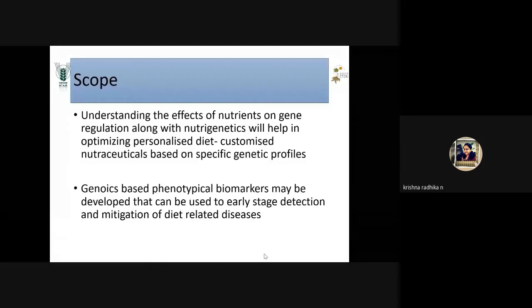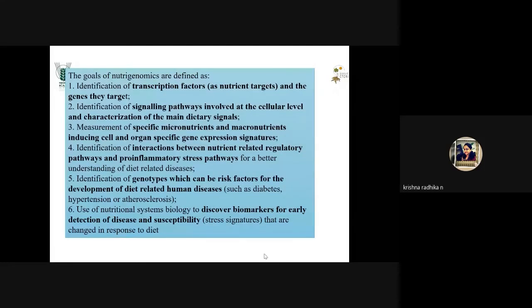And the scope of nutrigenomics lies in developing customized nutraceuticals based on specific genetic profiles. Also, it can be used for genomic-based phenotypical biomarker development that can be used for early stage detection and mitigation of diet-related diseases. So we can summarize the goals of nutrigenomics as